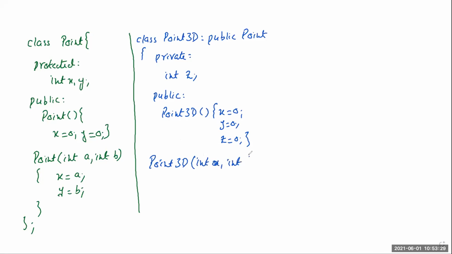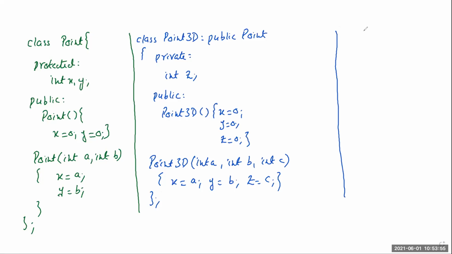So I'm calling them A, B, C so that I don't have to write this. So X gets the value A, Y gets the value B, and Z gets the value C. And here we conclude our class. Let me just correct this so that it is readable. And now maybe we keep some space for the main program. Okay, now an important thing is that suppose someone makes an object of